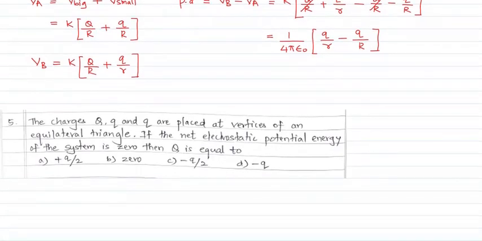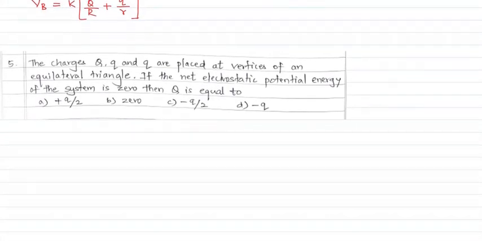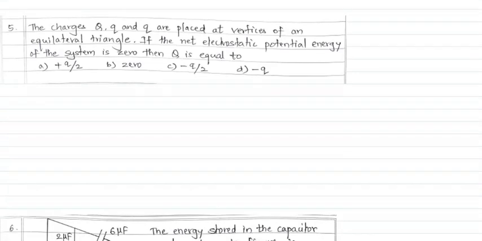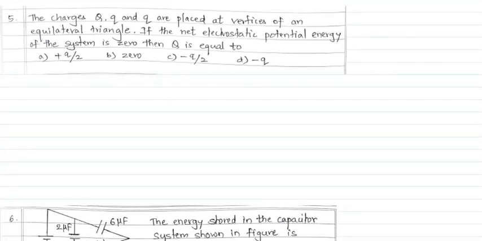Next, fifth one. The charges are placed at the vertices of an equilateral triangle. Net potential energy of the system is 0, he says. Now students, here you can remember this shortcut. What he says, net potential energy is equal to 0. So if you write the expression for potential energy, 1 by 4 pi epsilon naught common, or I can say K,